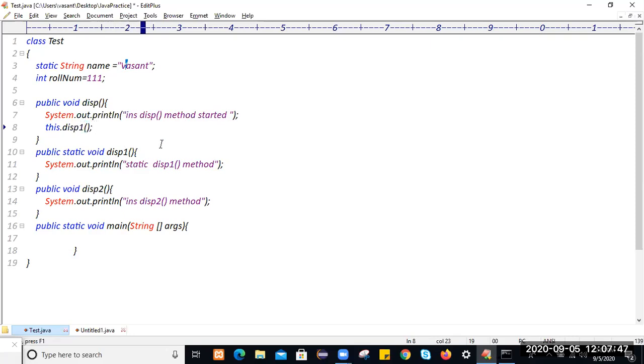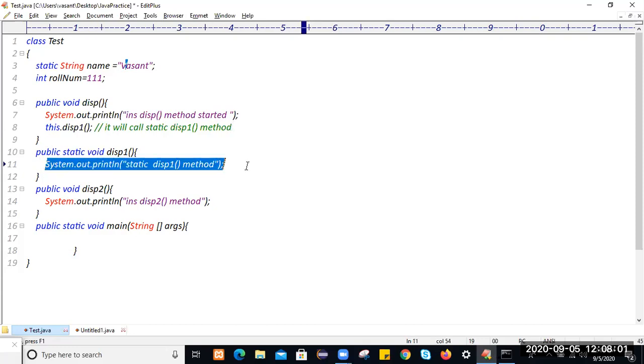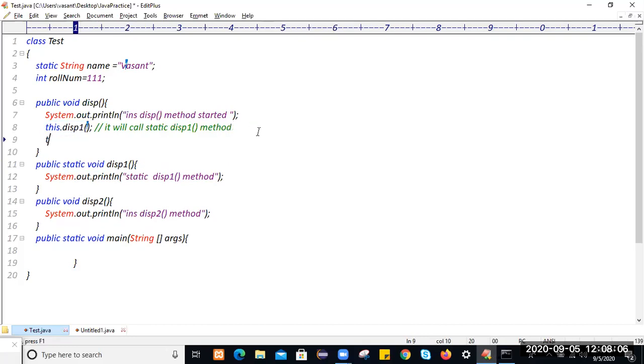So simply it will call the static this one method, and the static this one method logic will be executed. Once that logic gets executed, the cursor will go back to the calling statement. By using this keyword we can call this dot instance method also. So this statement will call this two instance method.